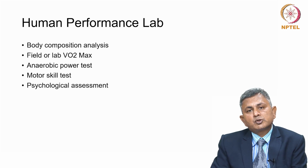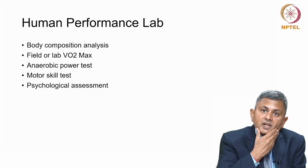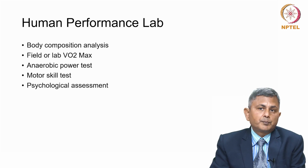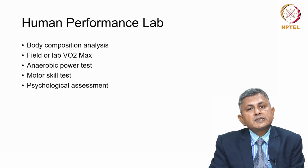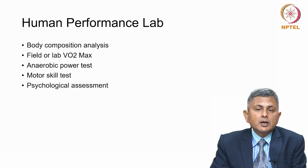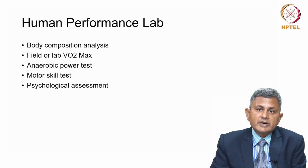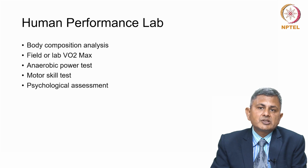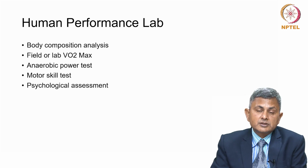So all these tests have to be conducted during the motor skill test and the psychological assessment, where we check his decision-making power, whether the thought process of the athlete is good, or he has some psychological issues, how he will perform in stressful situations, in the competition or a stressful bout, or in the final round. Like various shooters, they perform in the group test very well, but as soon as they reach the final they lose out fast. So their psychology is where the sport psychologist has to work on them, and it has to be examined